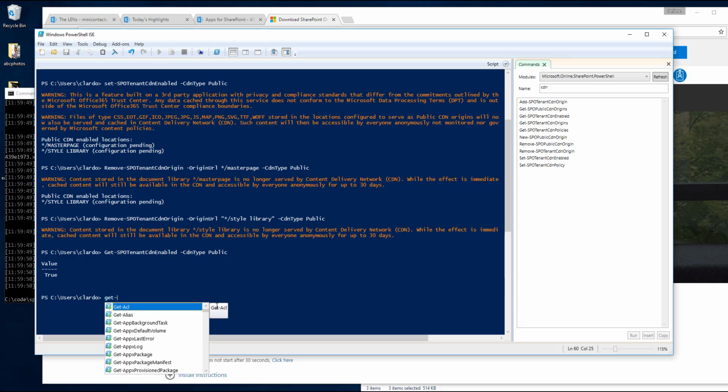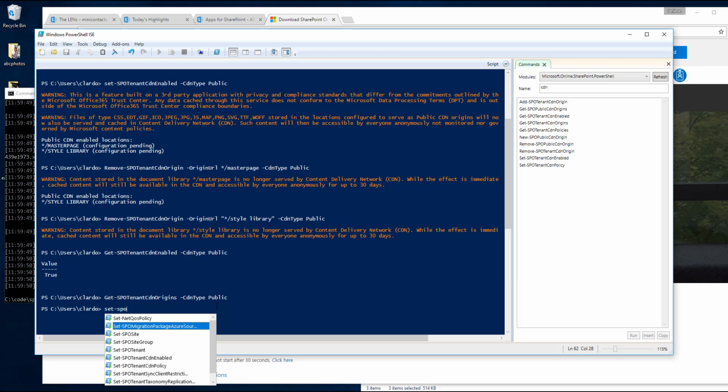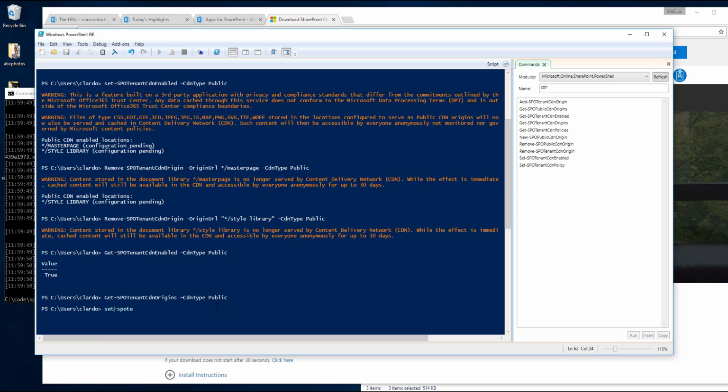Okay, so get SPO tenant CDN origins for the public zone. What's enabled? Nothing. Okay, so now what we want to do is set our CDN origin. So set SPO tenant CDN, no, add, sorry. This is an add command. So add SPO tenant